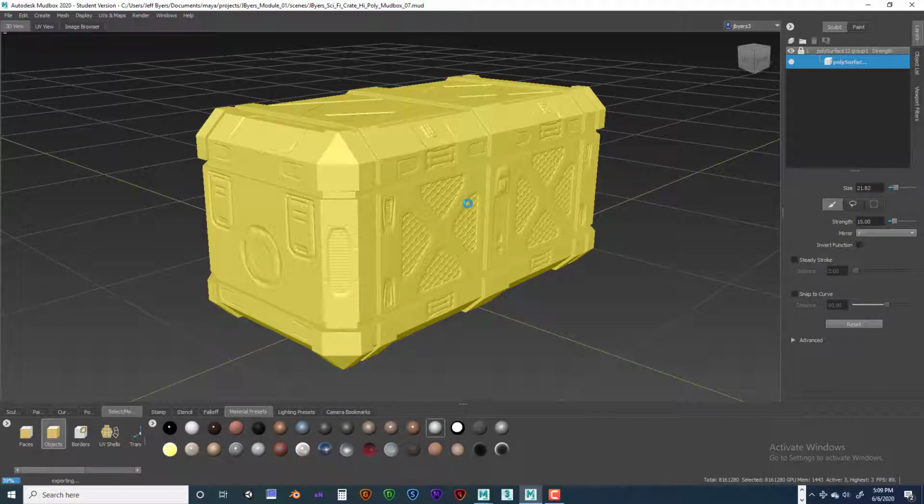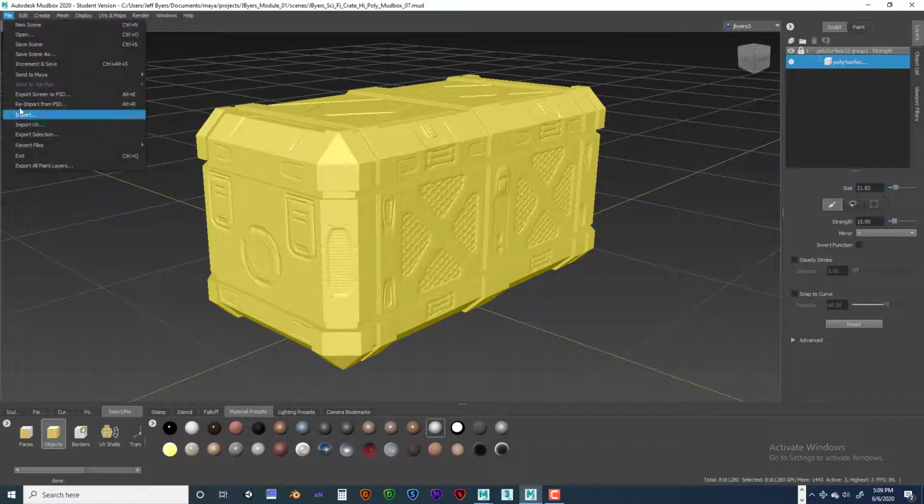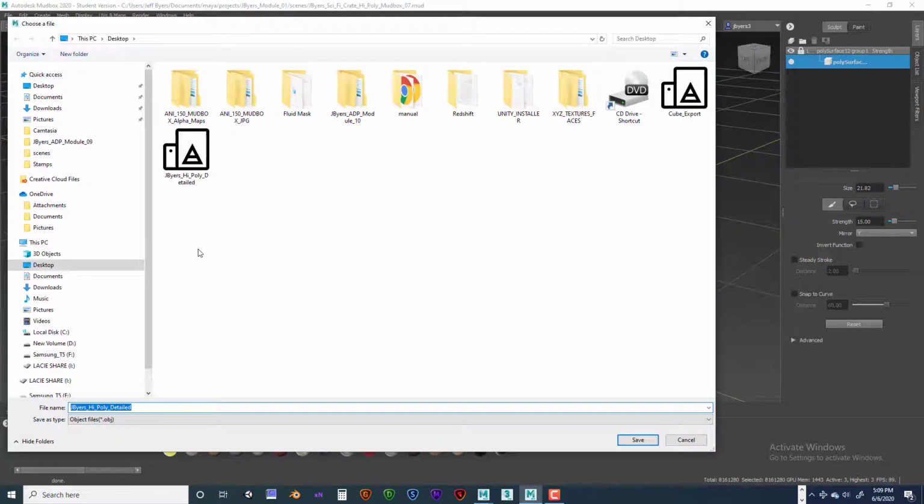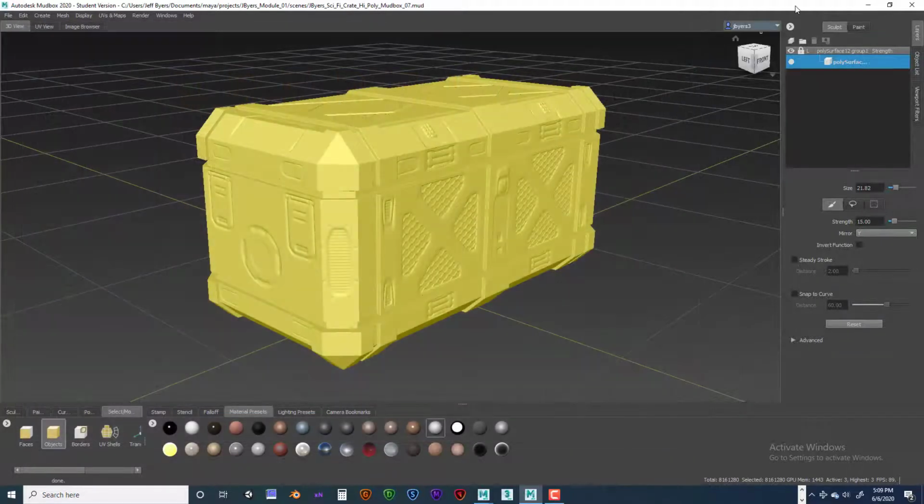So it takes a while to save this. This is a huge file. This is 8 million polygons. So make sure you give yourself lots of room. It's probably going to be about 200 megabytes. Let's see where it's saved. Export selection. It went to my desktop. Okay, cool. So there it is. We'll see how big it is. And we'll go ahead and close